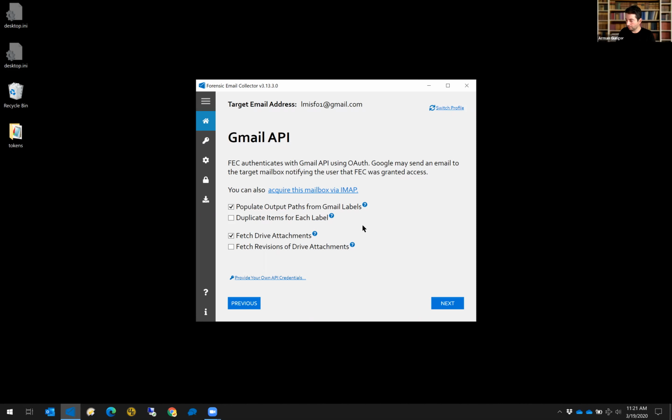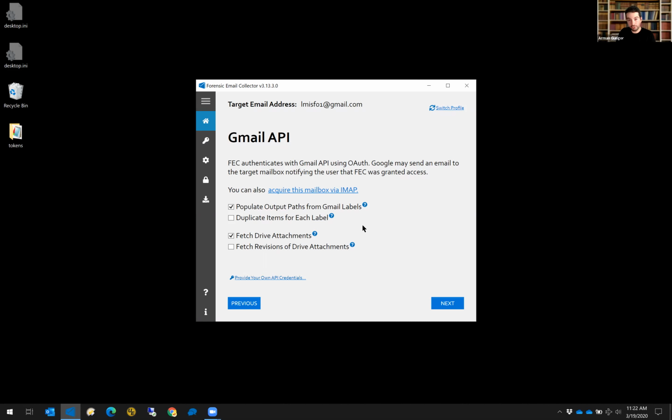So, if they all have to be fetched, then that's quite a bit of extra work. So our recommendation right now is to use this as needed. I would probably do an acquisition with just the Drive attachments first. And then if you find that one of the Drive attachments is kind of a hot topic, a smoking gun document, or you just need to know more about it, then you could target that individually by running an in-place search, for example, and get the revisions on that rather than get the entire revisions of the Google Drive, Google